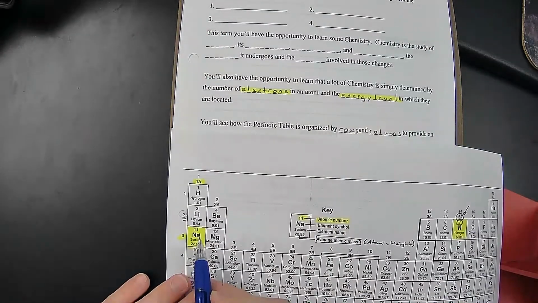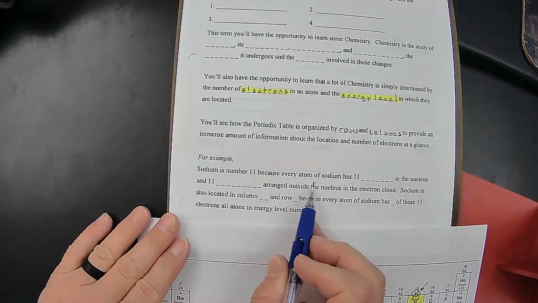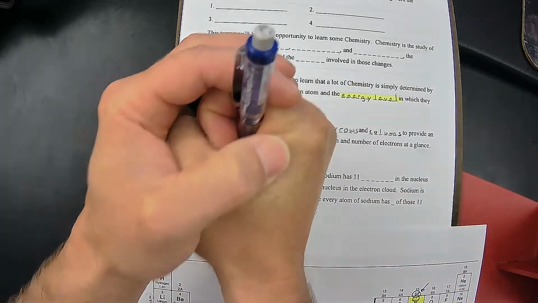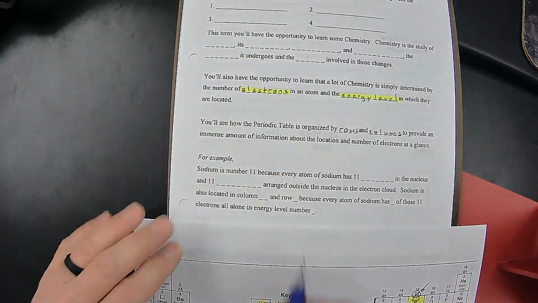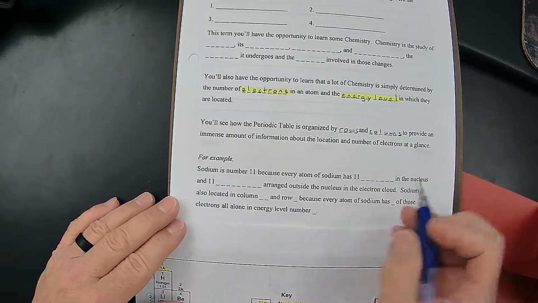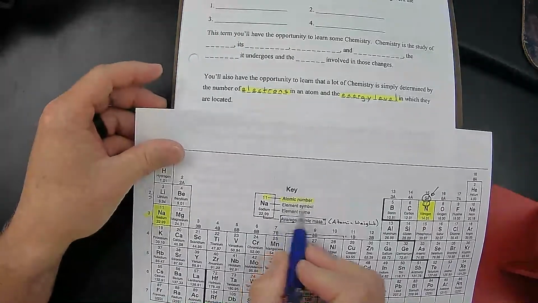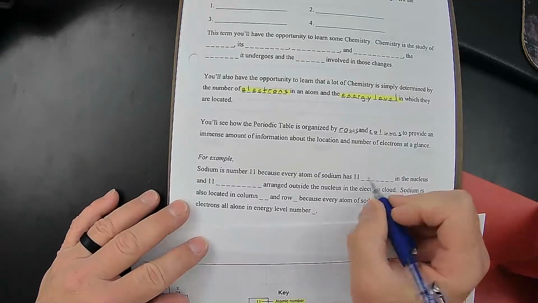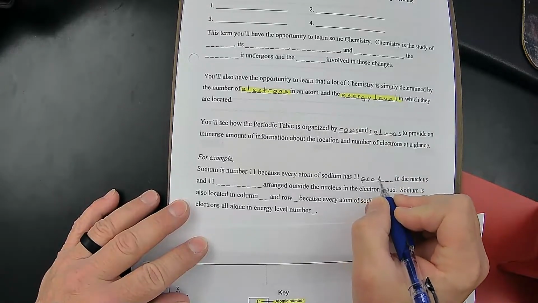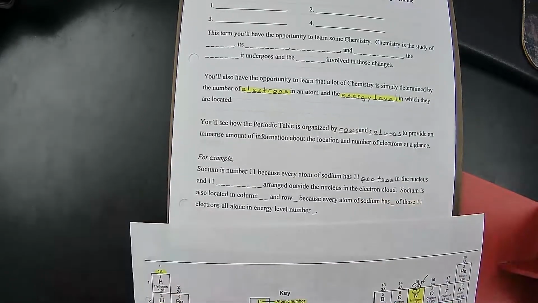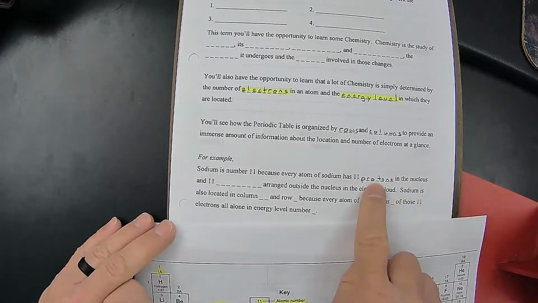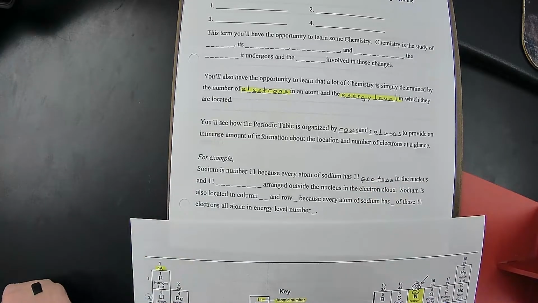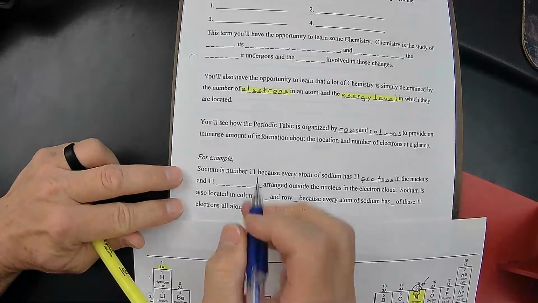Sodium is number 11. We know that sodium's atomic number is 11 because we're looking at every single atom of sodium. We're taking one of those atoms, zooming in, and looking at it. Because every atom of sodium has 11, the atomic number tells us the number of protons in the nucleus. Because it says 11 something in the nucleus, we know it has to be protons, because that's the particles that are in the nucleus. And 11